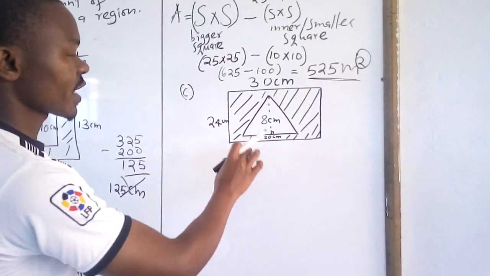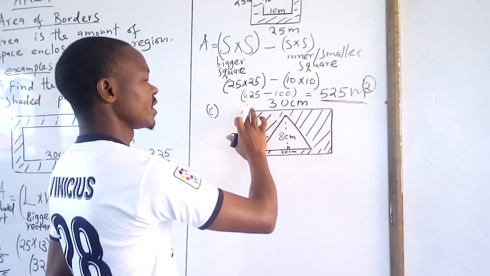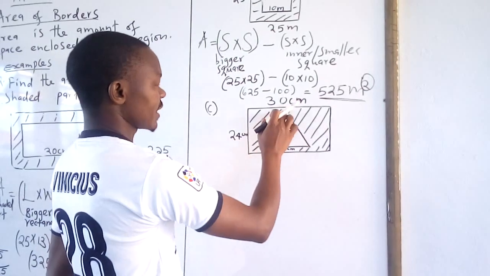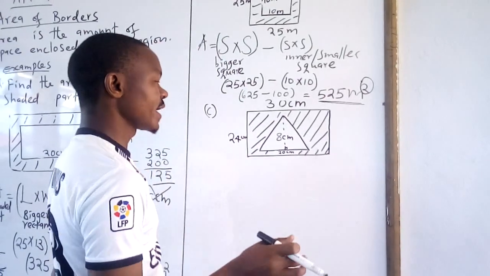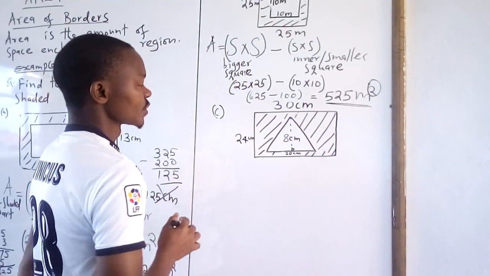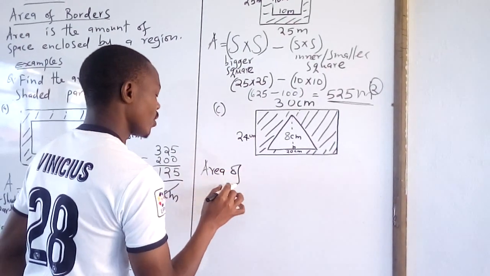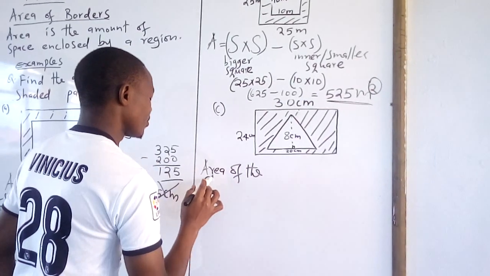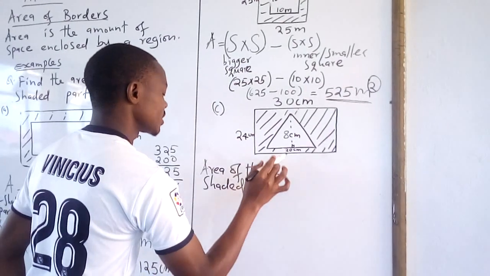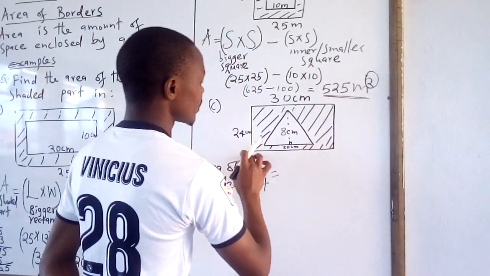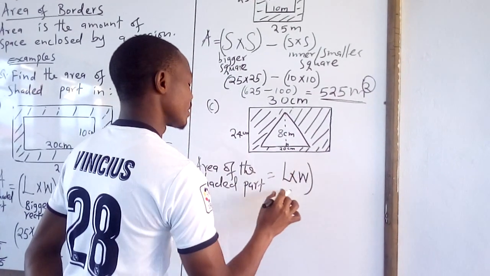See, we have this figure here, and then we have another figure inside. The bigger one is a rectangle, the inner one is a triangle. So we are simply going to use the formulas to guide us to find the area of the shaded part. So area of the shaded part is equal to the area of the bigger one, which is the area of the rectangle, which is length times width,